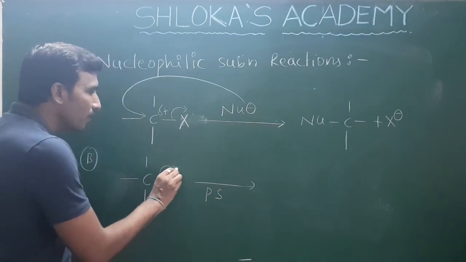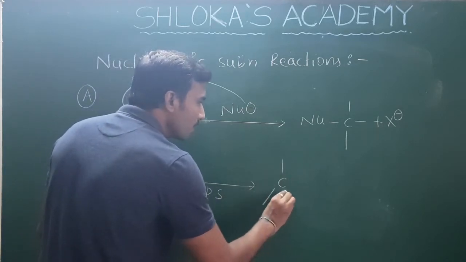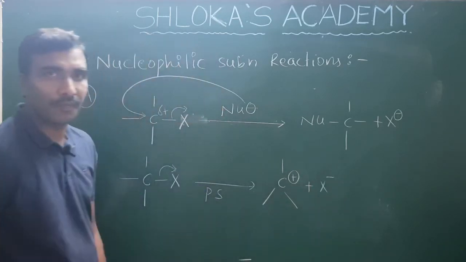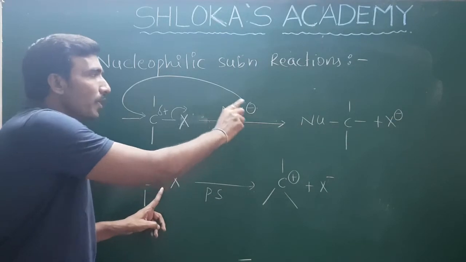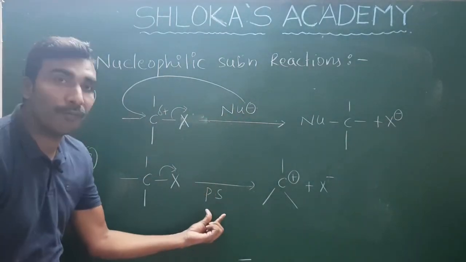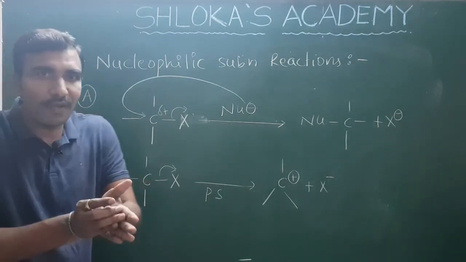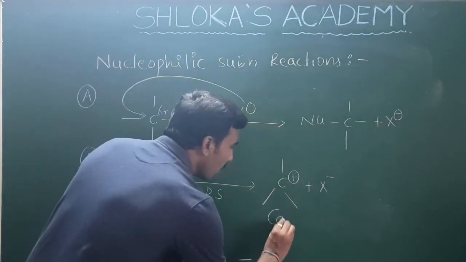The bond is broken heterolytically, which results in the formation of a carbocation and X minus. Here, to break this bond, there is no need of a nucleophile's help. Just with the help of a polar protic solvent, the bond present between carbon and halogen will break heterolytically, which results in the formation of a carbocation